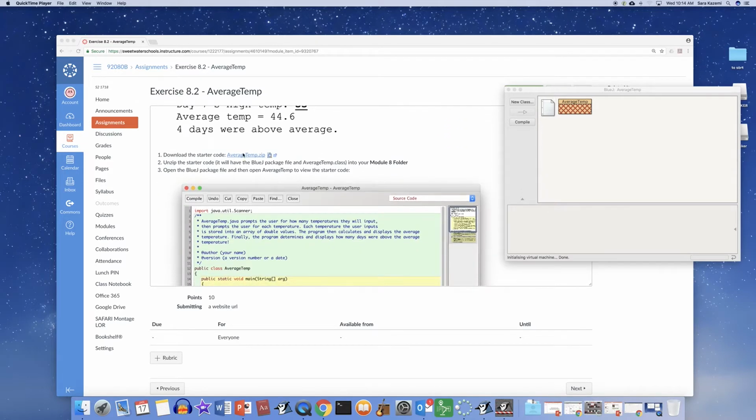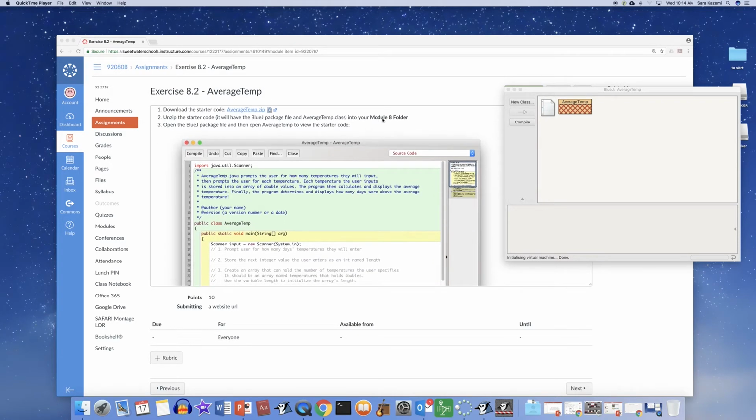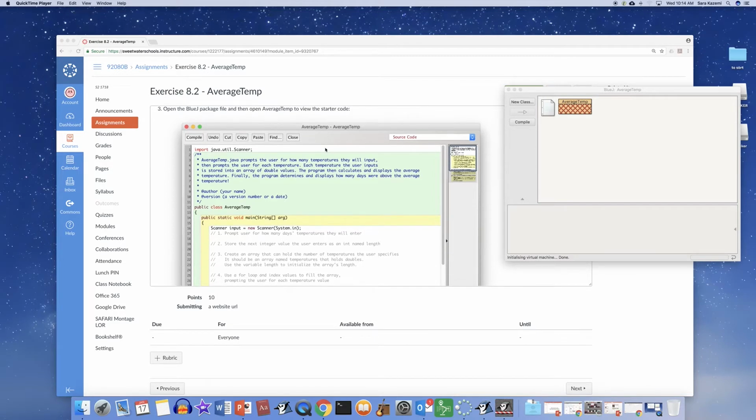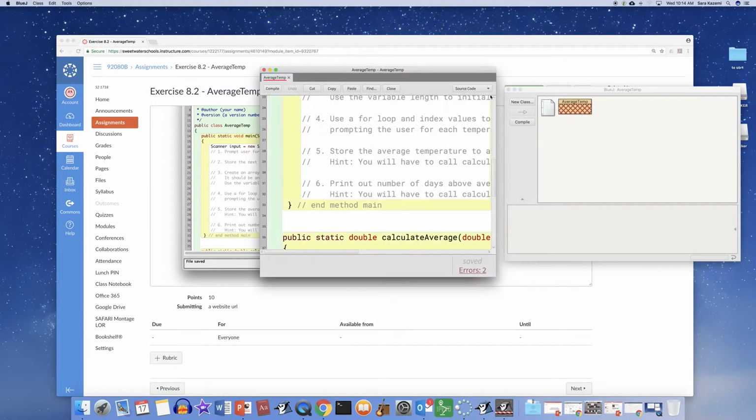I went ahead and gave you some starter code, so I've downloaded that zip file and opened up the project that was in there. And you need to make sure that you store that in your Module 8 folder on Google Drive, please, so you don't lose it. And here is the starter code. I've given you a screenshot. We'll open it up here too. And if you take a look,